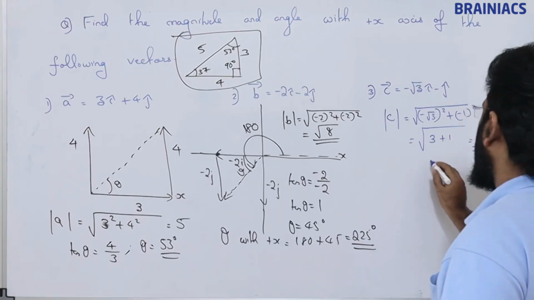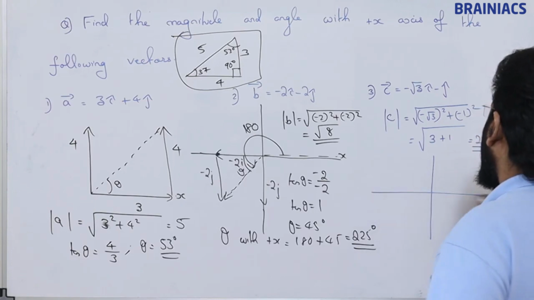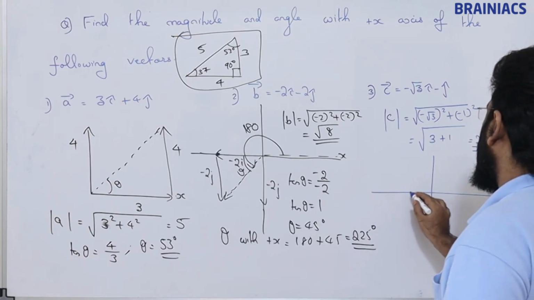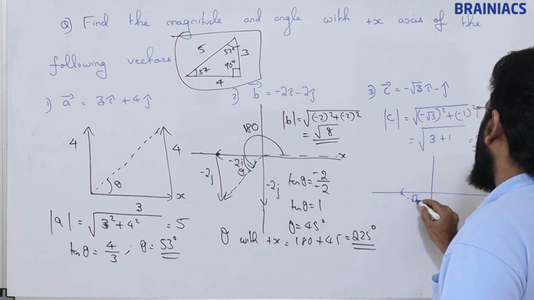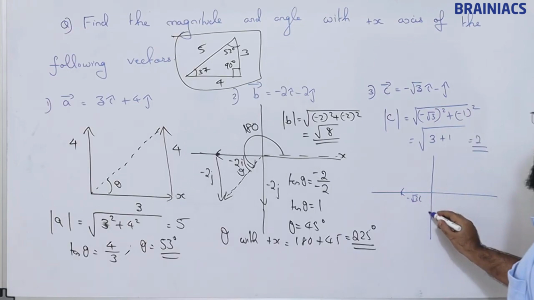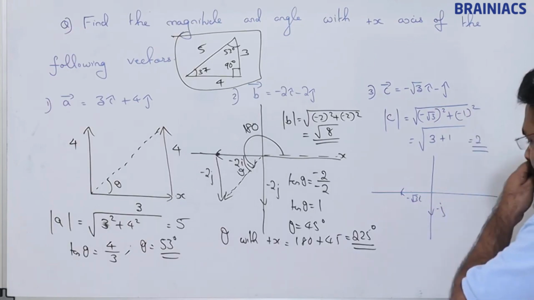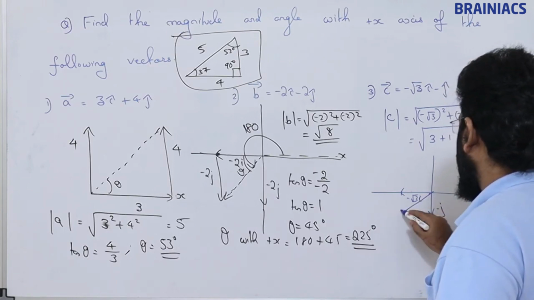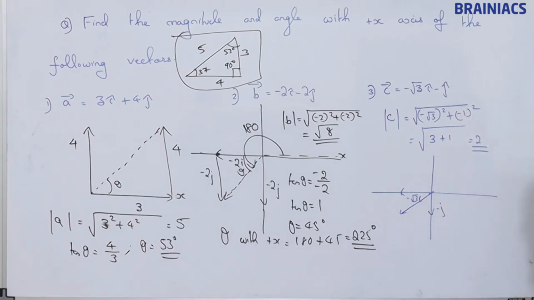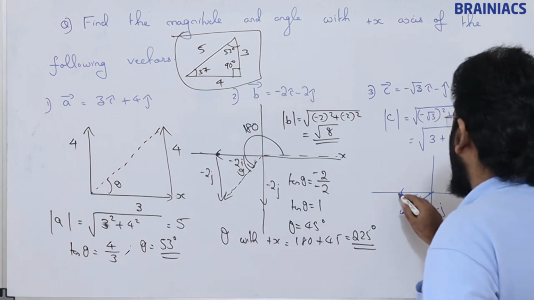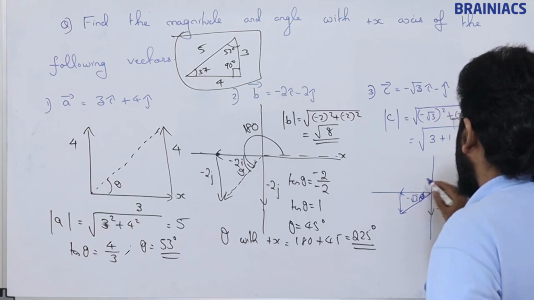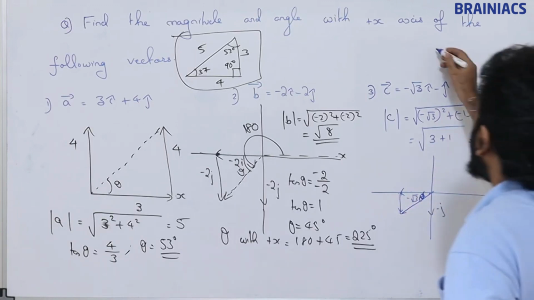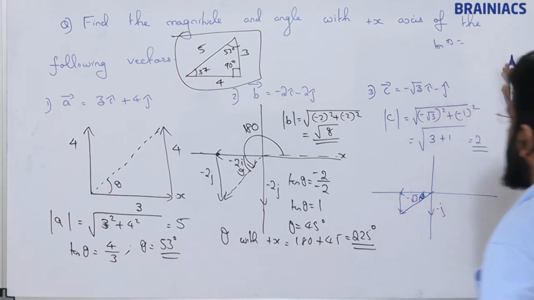Now how to find the angle? So this is minus root 3i and this is minus j. Now this will be the resultant vector. So using parallel shifting, we can put this vector here. This is theta. This is theta. So I am writing here tan theta is equal to